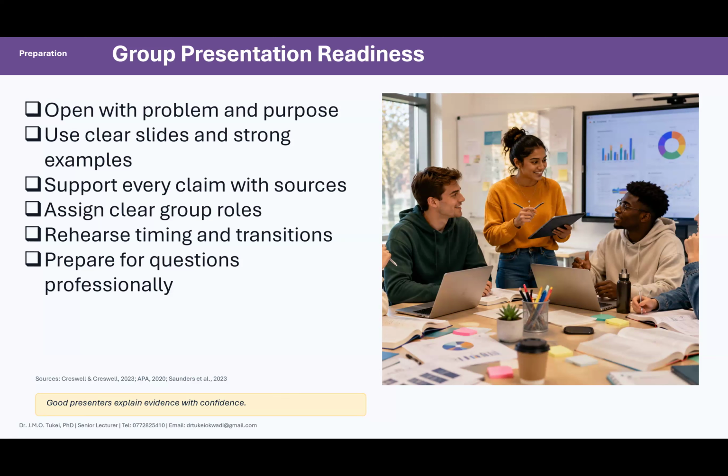I want to engage you as we conclude. What distinguishes a descriptive answer from an analytical answer? Some of you want to give descriptive answers. The strong message here is strong examination answers combine accurate concepts, practical application, logical structure, and evidence. You give me descriptive answers, I will give you descriptive marks. That's what you ought to understand.